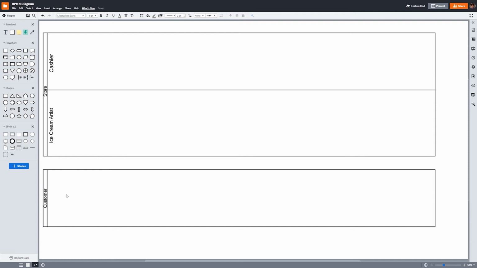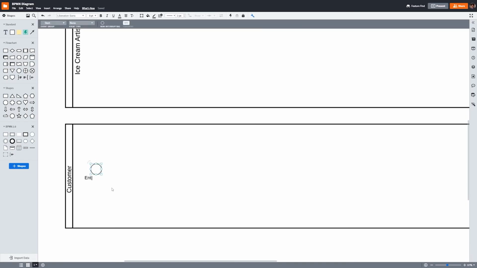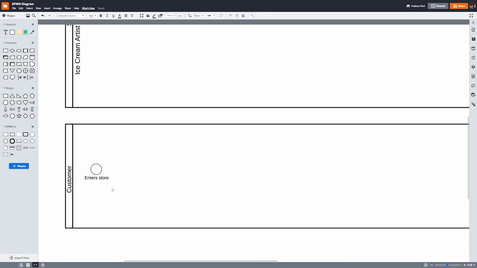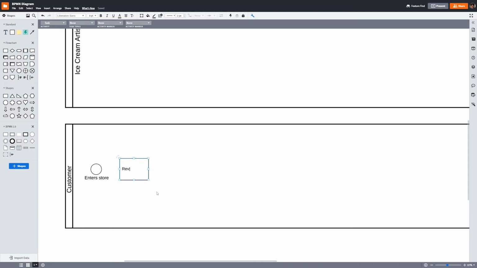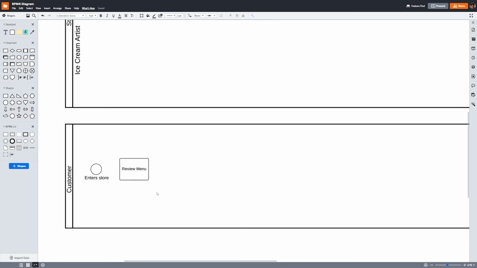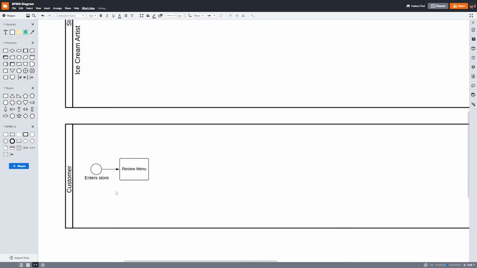To start documenting our process for buying ice cream, we'll first use a starting event shape. What is the starting event here? For every customer, in order to get ice cream from the shop, they first have to enter the store. Once a customer is in the store, the first thing they'll need to do to continue the process is to review the menu. This ice cream shop has lots of flavors, and the customer wants to be sure they see something they like before they order. Review menu will be the first task in our BPMN diagram. We'll also connect the starting event to this first activity, with the arrow pointing in the direction the process is going. This shows that first the customer enters the store and then reviews the menu options.